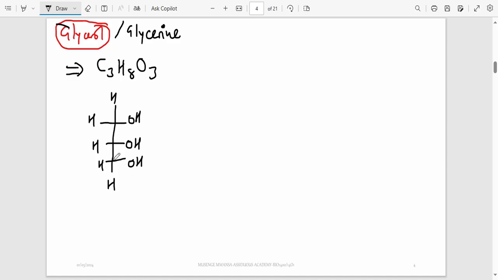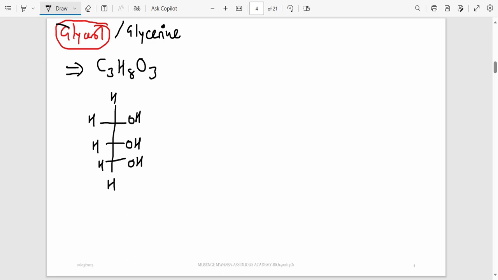Okay, this is glycerol. You can see the structure. That's why we call it a polyalcohol, because look at the OHs. There are three of them. I'm going to talk about that later on. This glycerol is colorless. Just think of the bottle of glycerin that you put